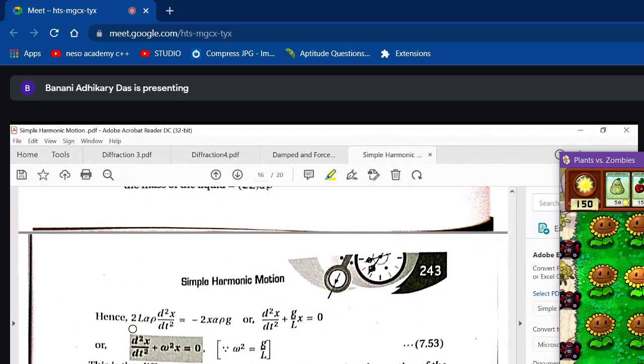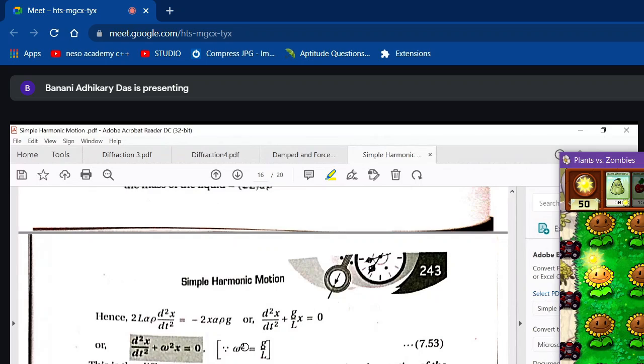You're just left with d2x/dt2, a capital L here, and your x and g. So you have d2x/dt2 plus g over capital L times x is equal to 0. What kind of equation is this? This is similar to d2x/dt2 plus omega squared x is equal to 0. As I told you just now, 5-10 minutes back, we have to extract the omega of the system. So what is omega? Omega is equal to, in this case, the square root of g by capital L.